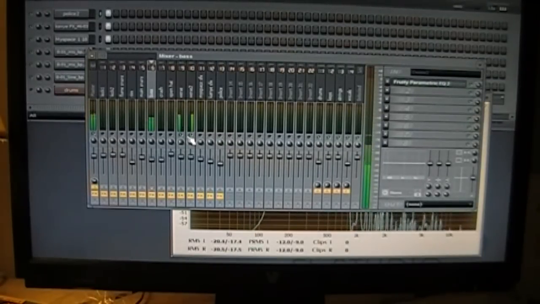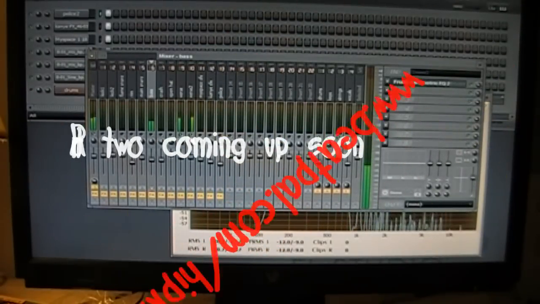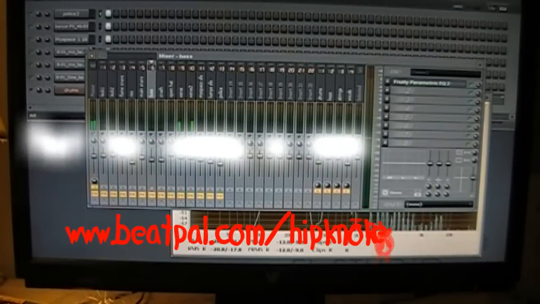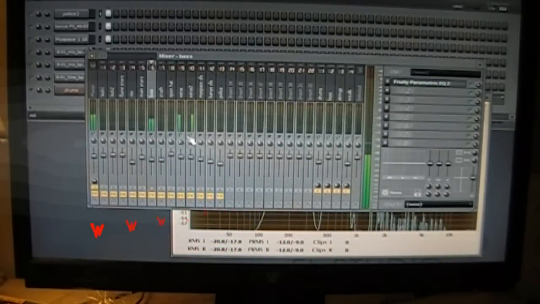But he got 2 of the same samples and he put one panned all the way to the left and one panned all the way to the right. What that ends up doing is that if they're the same volume and the same sample, you're just gonna get a middle sound, because that's what stereo is. The middle sound is the left and the right shooting out the same signal at the same volume. But they're not completely identical,